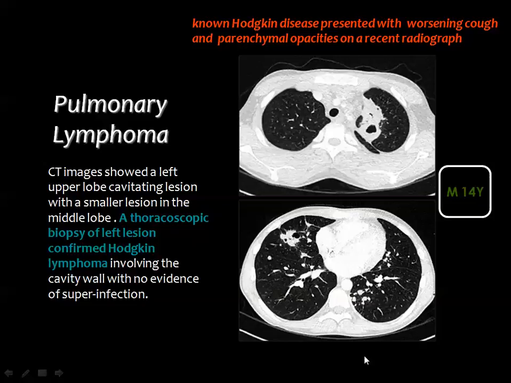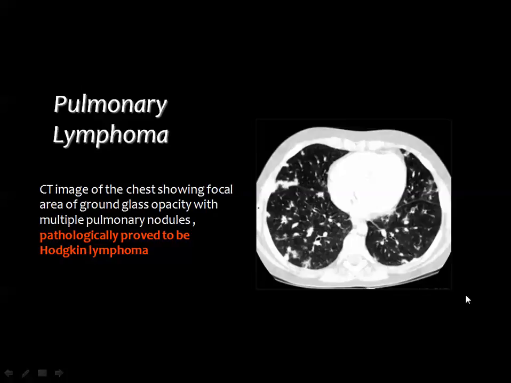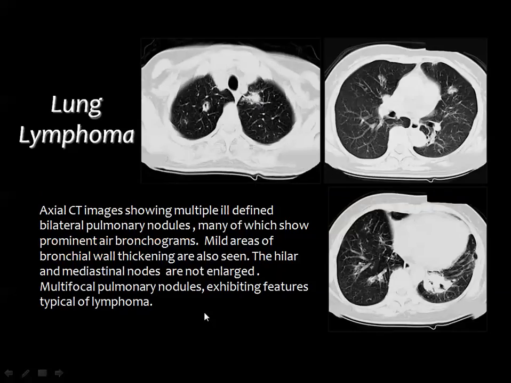And in this example, you see multiple nodules that are not exactly well defined. They show the fluffy appearance and scattered throughout the lung fields. This appearance may be mistaken for many other pathologies, and the diagnosis of lymphoma is usually reached by the biopsy. This is also another case of multiple nodules in both lung fields, mainly in the left lung. The nodule shows some central cavitation, and you can also see some air bronchogram inside, and this was also diagnosed